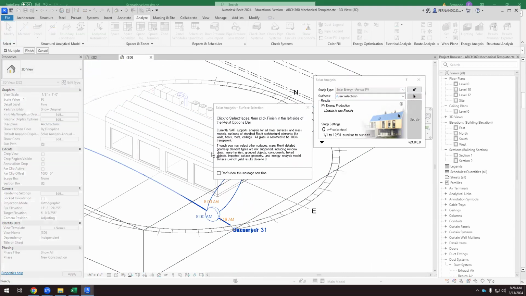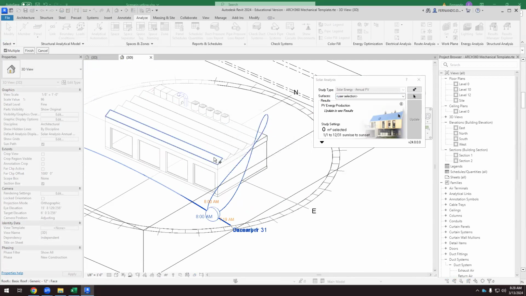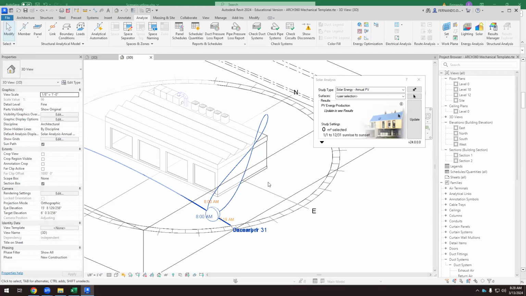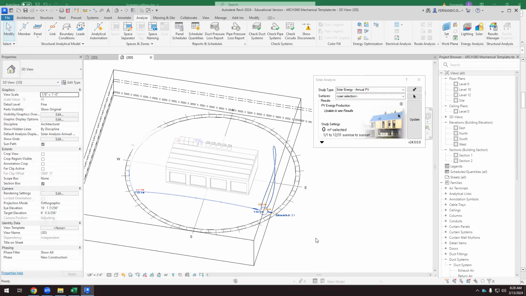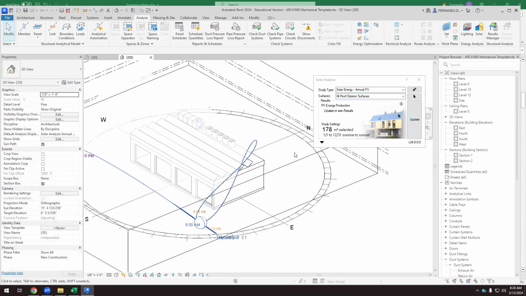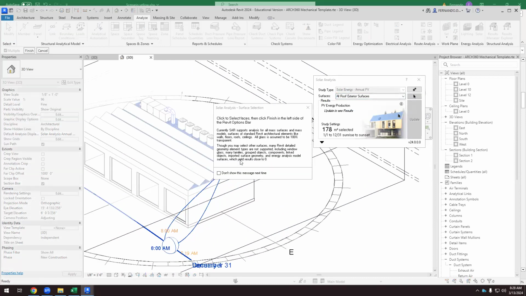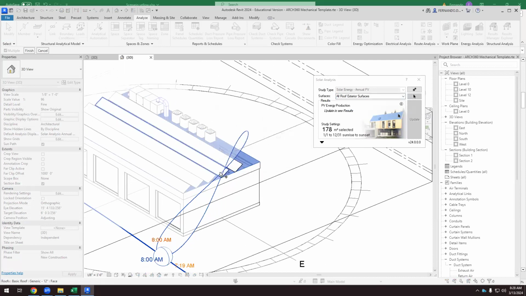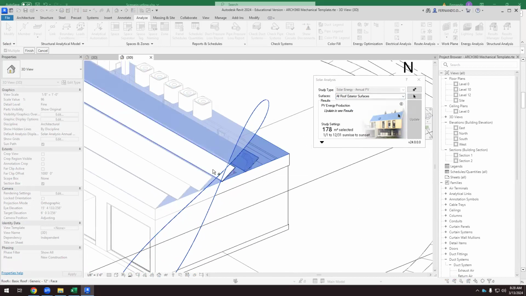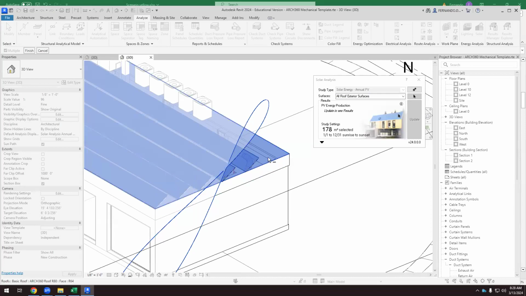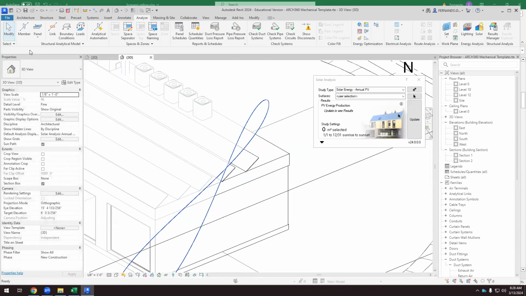Select again. Okay, so I don't want to select that. I want to select this. And I don't want to select that. If I finish,